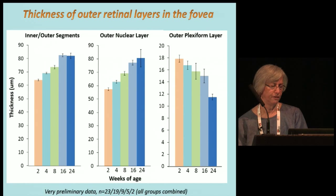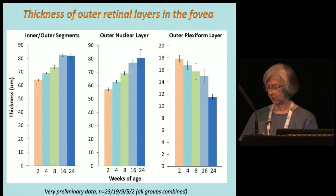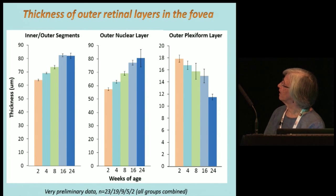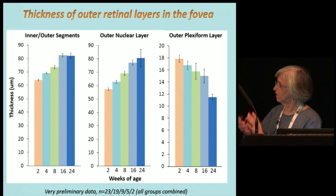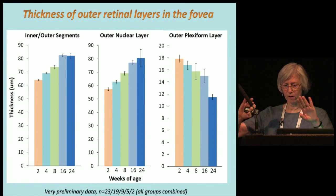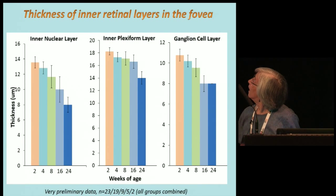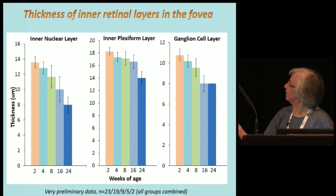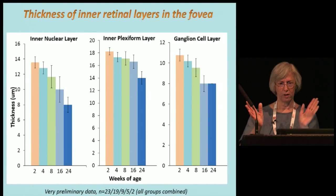So here's some developmental data that I can show at this point. As we would expect, there is a progressive increase in the length of the inner and outer segments, and also the thickness of the outer nuclear layer, which is the photoreceptor nuclear layer. Those stack up on top of each other. There's, at the same time, a decrease in the thickness of the outer plexiform layer as the cone axons move laterally. And the inner retinal layers all are decreasing in thickness at the center,